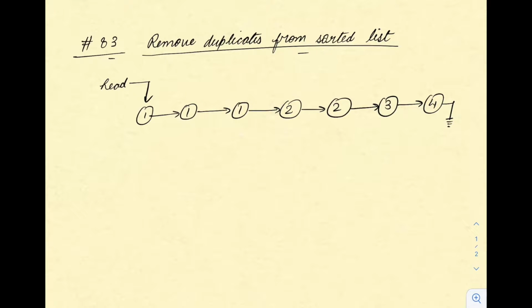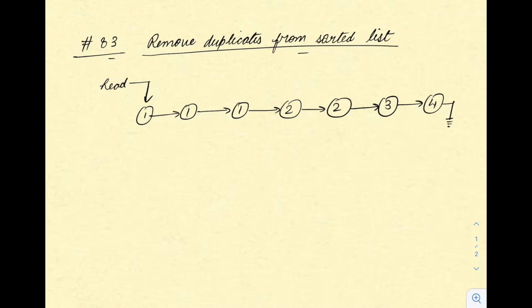Hi guys, today we are going to discuss problem number 83 of Leetcode, that is Remove Duplicates from Sorted List. In this, what we have been given is a sorted linked list and it will have duplicate elements. So what we have to do is remove those duplicate elements such that our final list